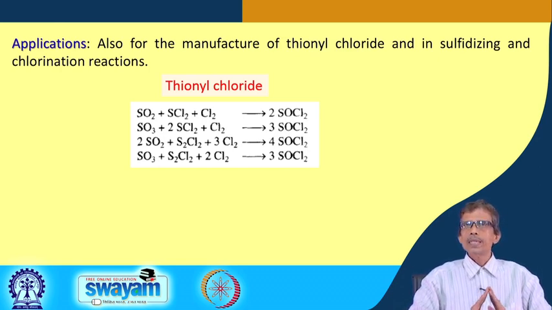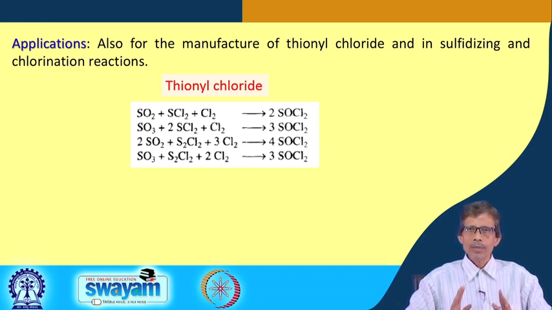So, if we consider that your SCl2 molecule, the sulfur dichloride molecule, is similar to any organic molecule, where you have a sulfur as the center and two carbons attached to that particular center, we consider that particular molecule as the thioether.